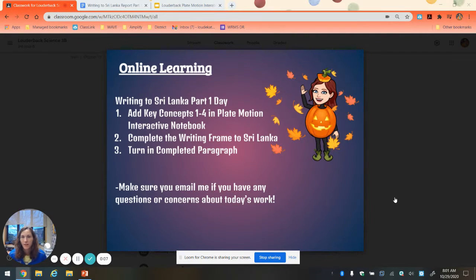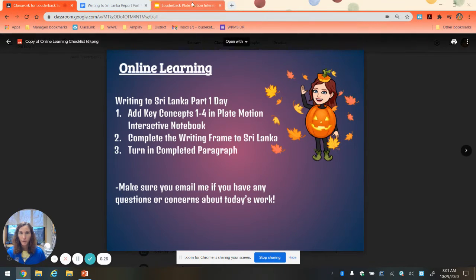Today what we're going to focus on is writing to Sri Lanka Part 1. So we're going to work on our first writing piece for the unit, our paragraph, which is an assessment point, so we want to make sure we're doing everything we can to get a good grade on this. Okay. So what we're going to do is add key concepts 1 and 4 into our plate